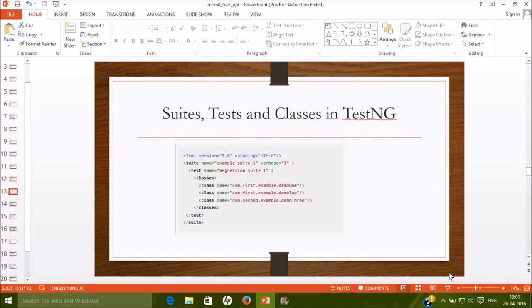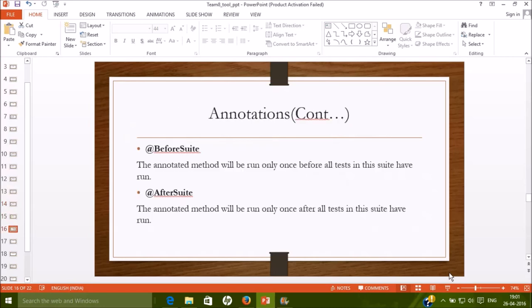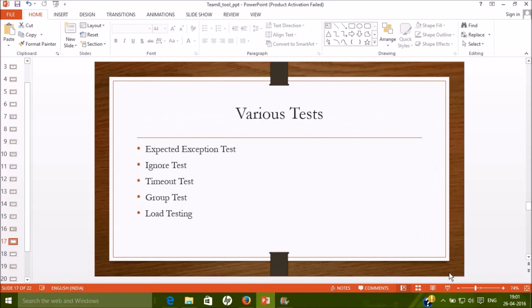Then we proceeded with explaining suites, tests and classes in TestNG using the XML file. Then we moved on to one of the important at test annotations and its parameters. We explained these in detail.